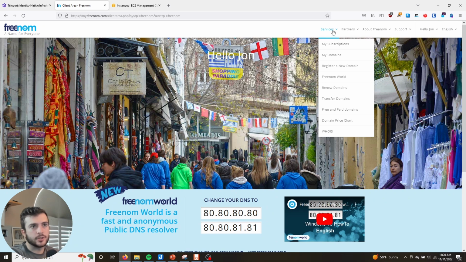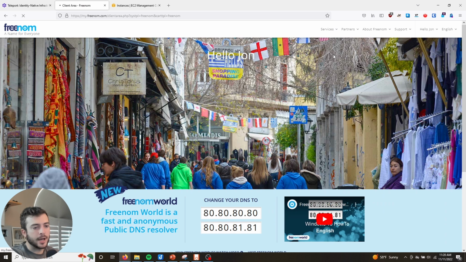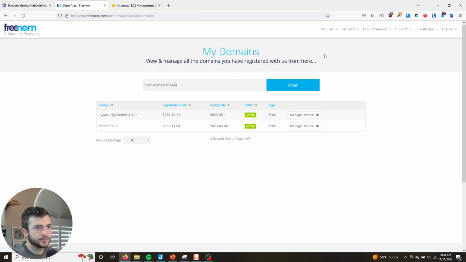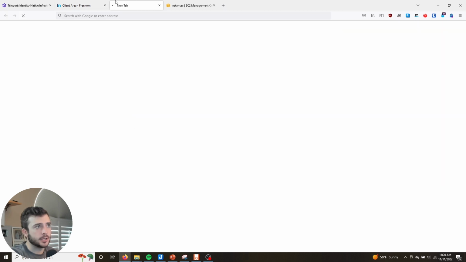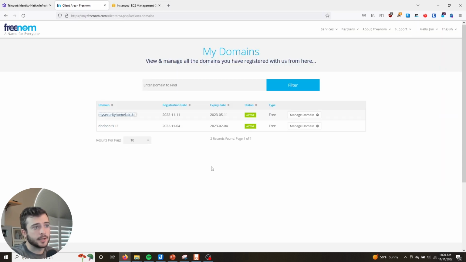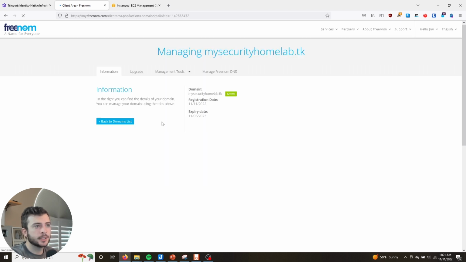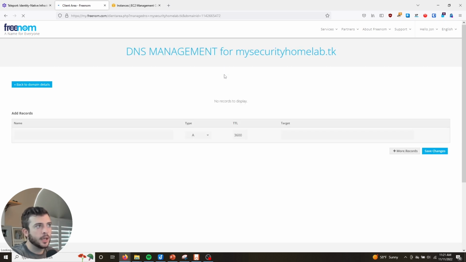So up at services, once you have registered your domain name, you can go to My Domains. Here you can see 2 different domains. Like I said, we're going to be using the mysecurityhomelab.tk. Click Manage Domain, and then click Manage Freenom DNS, and we're just going to leave this screen up here and go to the